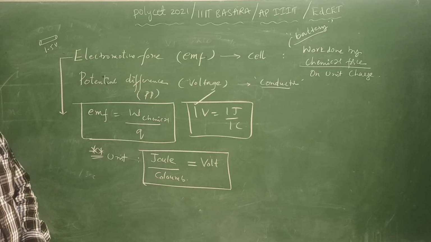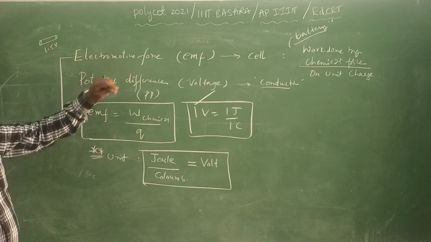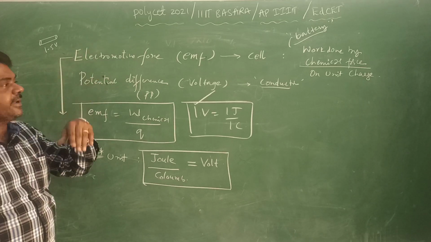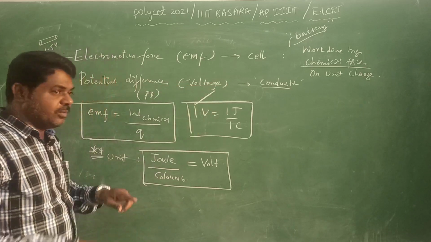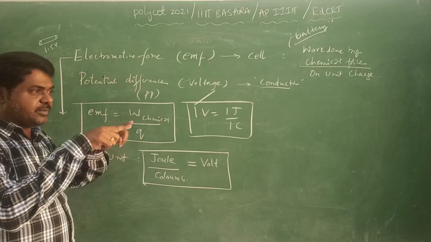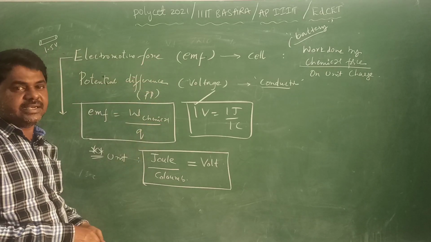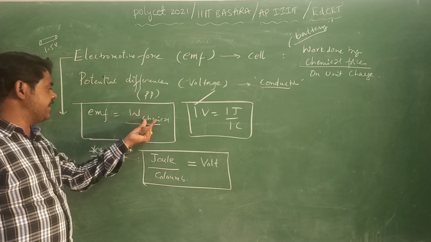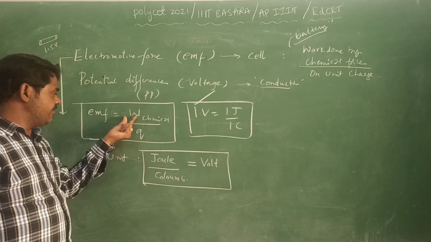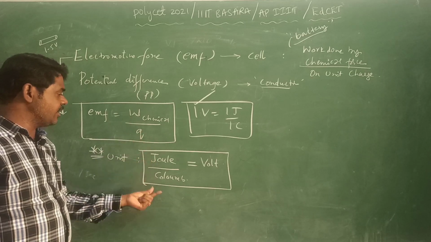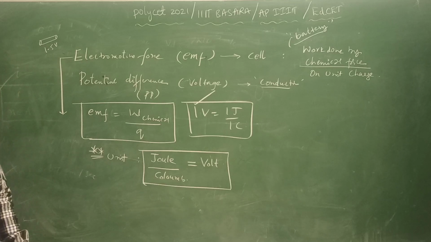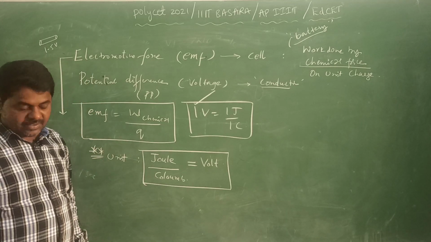So what type of question can they ask related to electromotive force? What is electromotive force? Electromotive force is the work done by the battery or work done by the chemical force on unit charge to move it throughout the circuit. Who has to do the work? The battery. So EMF is equal to work done by the chemical force upon charge. Work unit joule, charge unit coulomb, joule by coulomb is equal to volt. So 1 volt is equal to 1 joule by 1 coulomb. Okay, so this is about electromotive force, right?